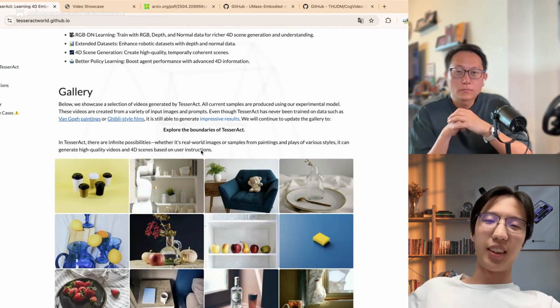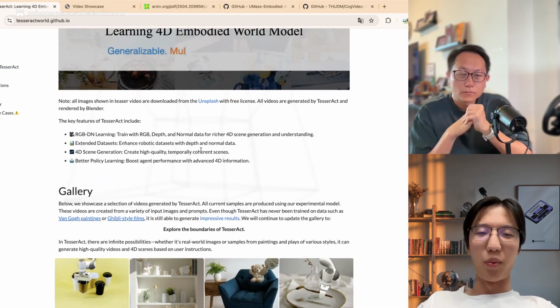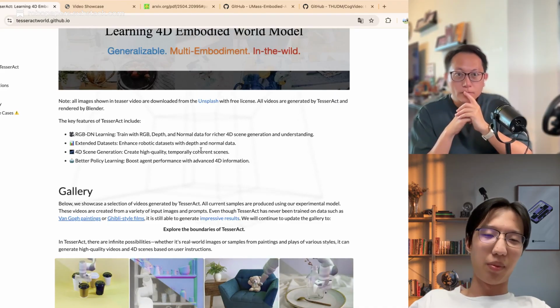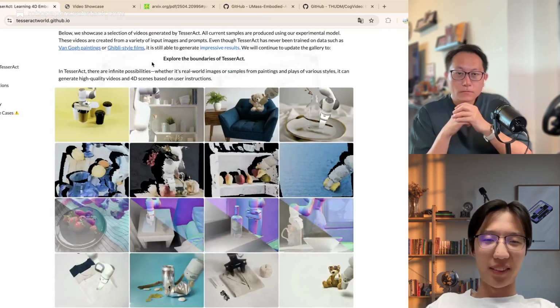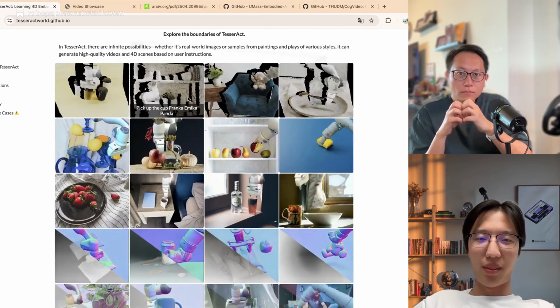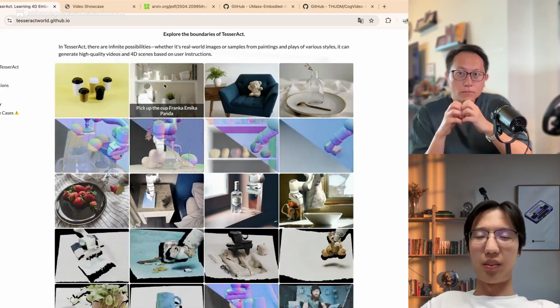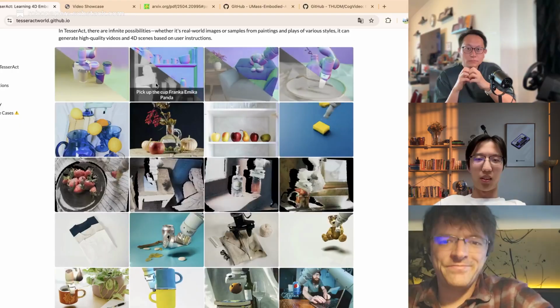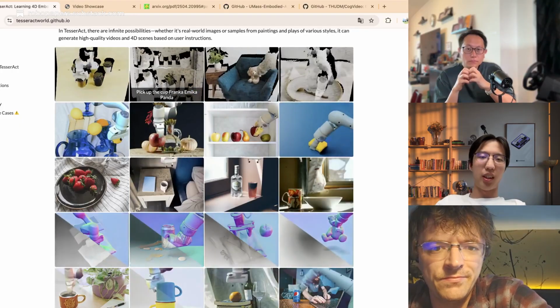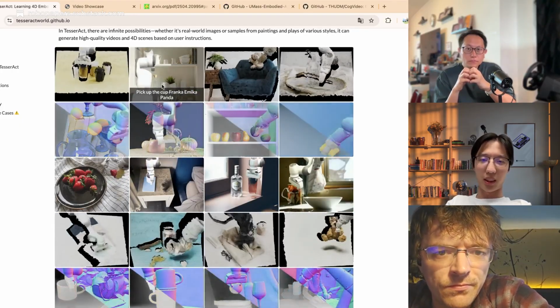And we can also watch some more results from TesserAct. And this is our gallery. For each result, it can generate a 4D point cloud, so a robot arm moving and grasping the objects.